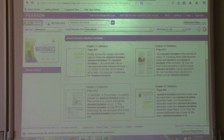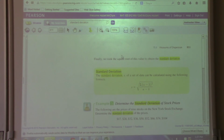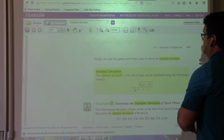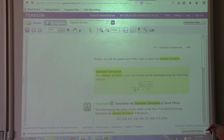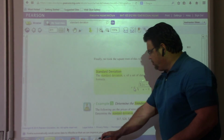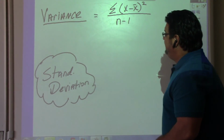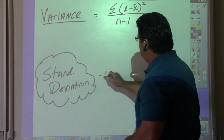I think, is this a rule right here? I'm looking to see if it's going to give us a rule. There it is. There we go. That's it. Now, that's the standard deviation, the difference between the two, and that's what I was getting at when I went to show you this. This is on page 811. Is the difference between these two